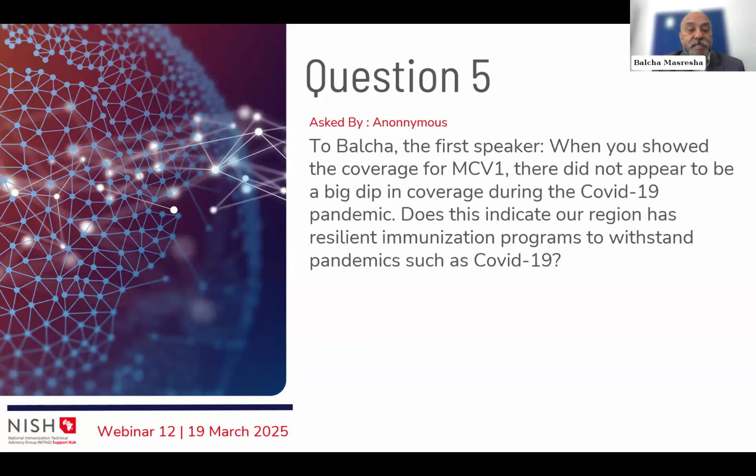But mind you, there is significant inter-country difference over there. While many countries managed to maintain their coverage fairly well with a little bit of a dip, other countries actually suffered significantly, while a few countries maintained. So it is a matter of that smoothing out of the curve when you average it to 47 countries.